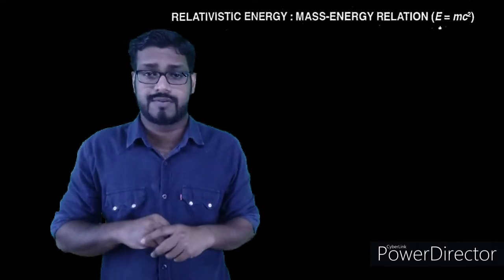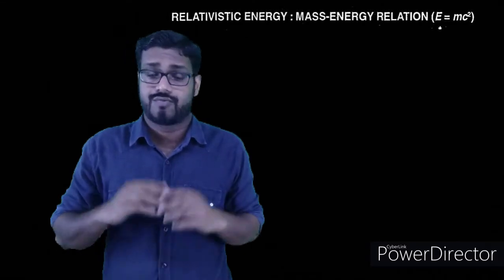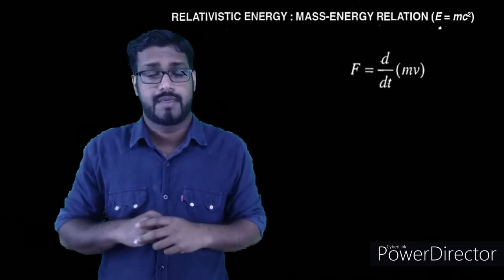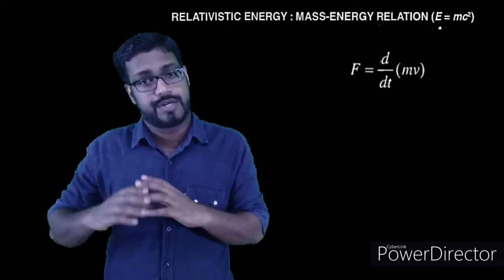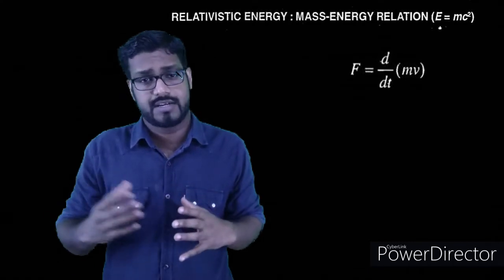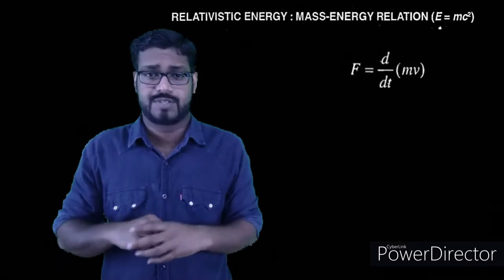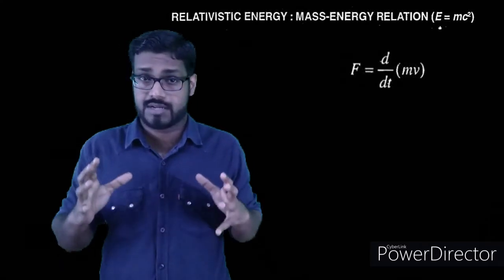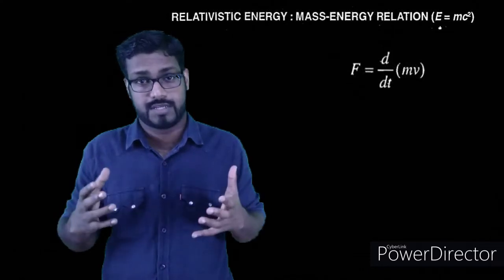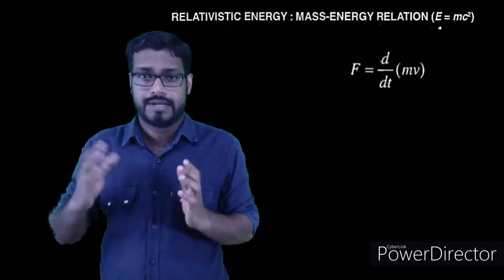We will deduce the relativistic energy equation from Newton's second law of motion, which says that force is equal to the rate of change of momentum. F is equal to dp by dt. And if the mass is constant, then you can easily say that F is equal to m dv by dt, or F is equal to ma. But in the last class, we learned that the mass is not constant, it varies with velocity. So we can't write F is equal to ma, we have to write F is equal to dp by dt